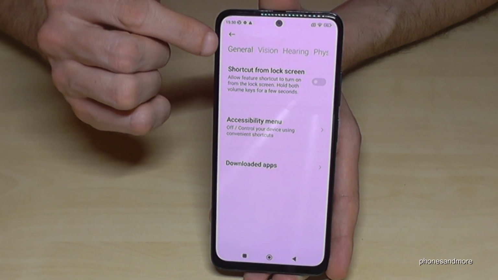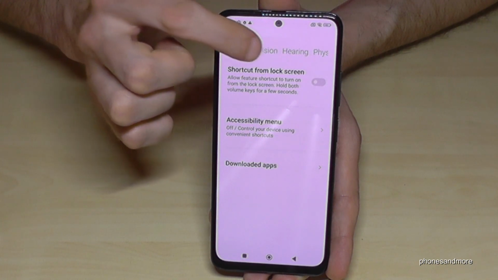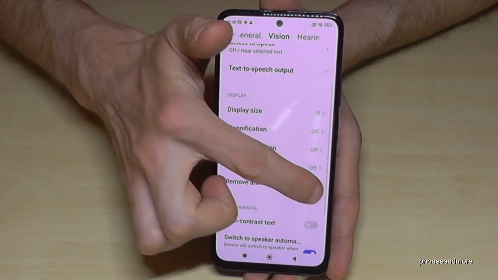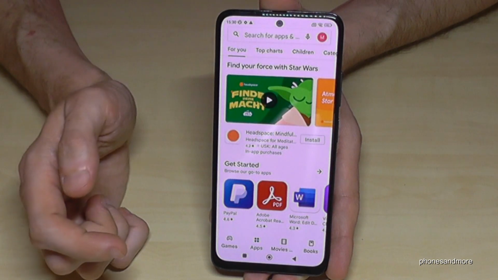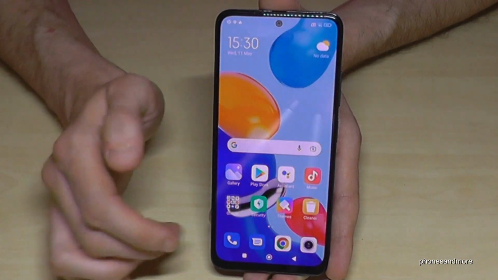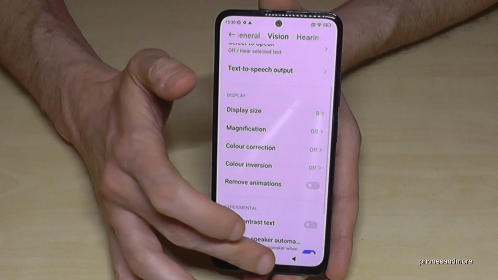So on top we have also some other options: general, vision, hearing and so on. And we will need the point vision. And here we will have the point to remove animations. Okay, if I open now the Play Store, it's immediately there. If I close it, it's immediately gone. Immediately there, immediately gone. But if I have the animations again,